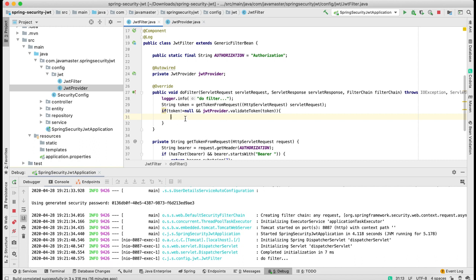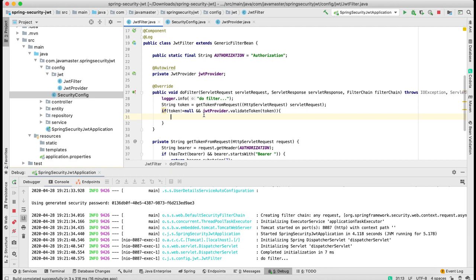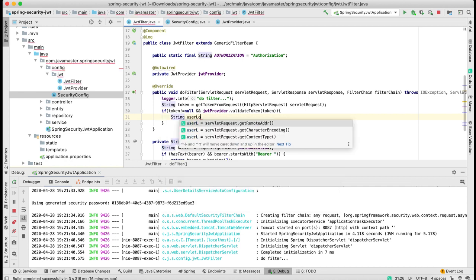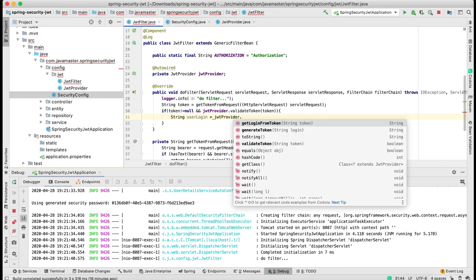I'm just gonna create my user entity. I'm just gonna select my login from the token, find my user in the database by login, and pass my user to user details, inject it in Spring Security, and that's it. That's how my Spring config will know about my user and about the role of my user. But firstly, let's select the login from the token, string user login, and use our get login from the token